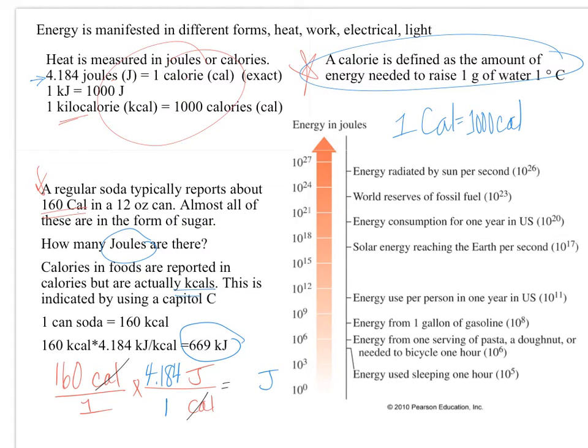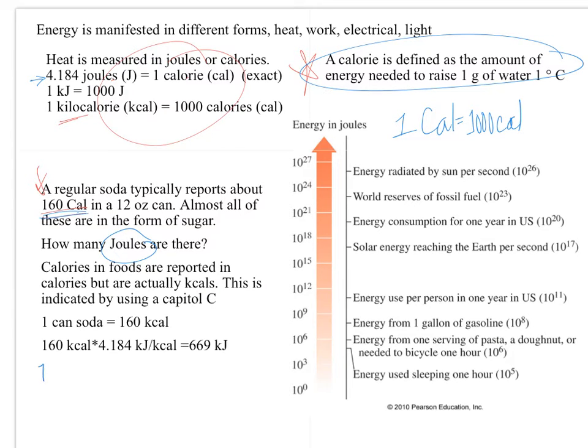So if I am looking for capital C calories, I want to erase this. I want 160 capital C calories. 1 capital C calorie is 1,000 true or lowercase calories. And then,